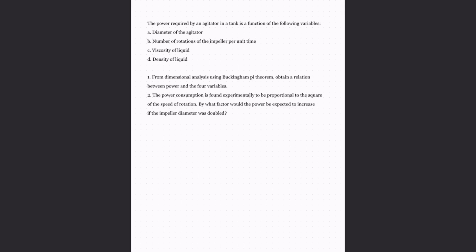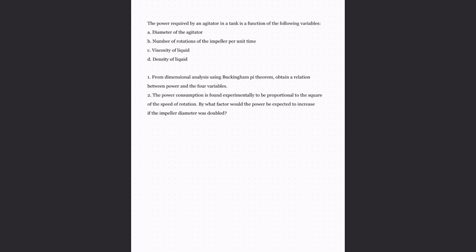A. Diameter of the agitator. B. Number of rotations of the impeller per unit time. C. Viscosity of liquid. D. Density of liquid. First part of the problem is asking to find the relationship between power and four variables by